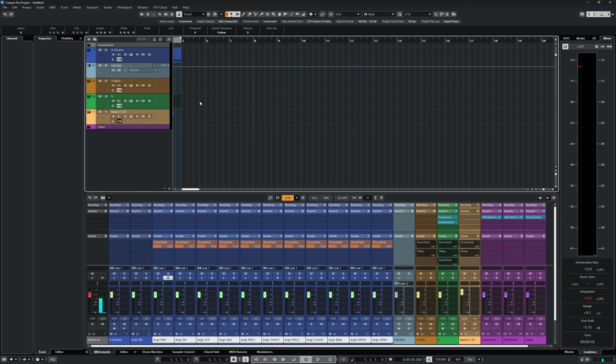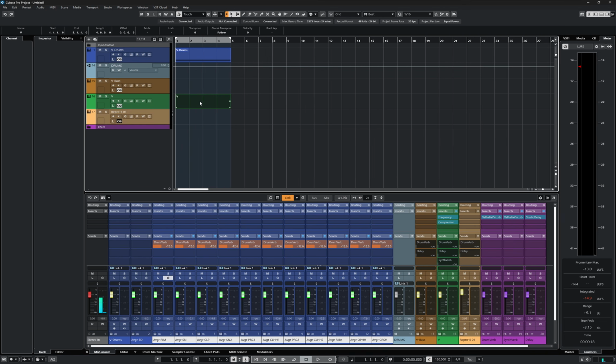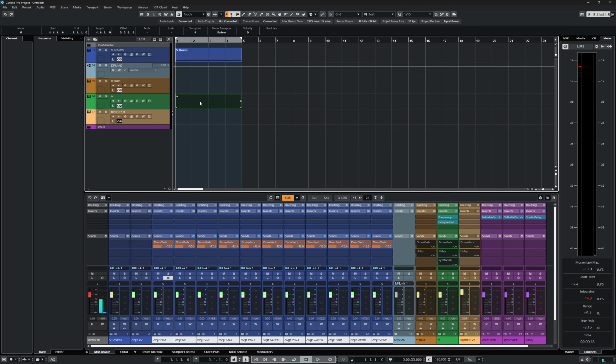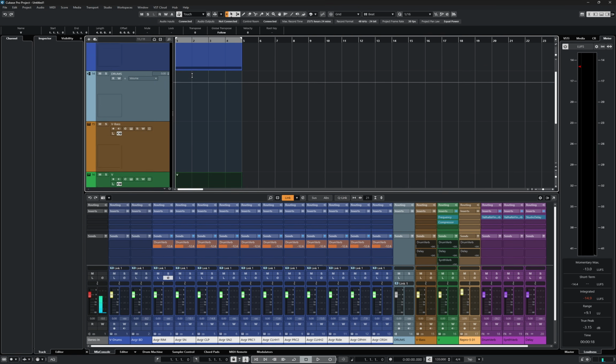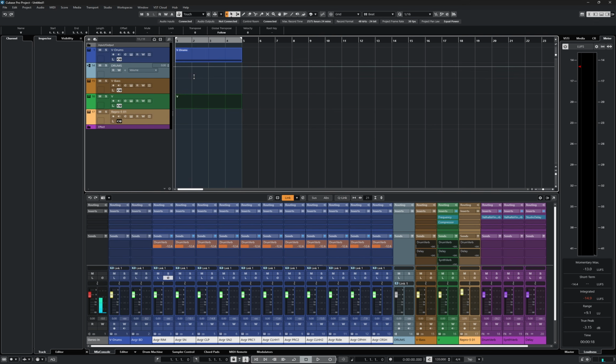And then for quick zooming, G and H, which is very similar to Pro Tools with R and T to zoom in and out, which is really nice. And then to change the height of these tracks all at once, scroll in, stuff like that. And putting things in folders like that. There's so many things that I found so far that felt really nice to customize or to organize things,